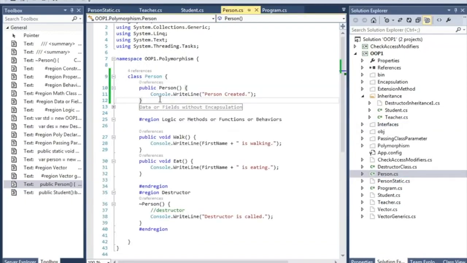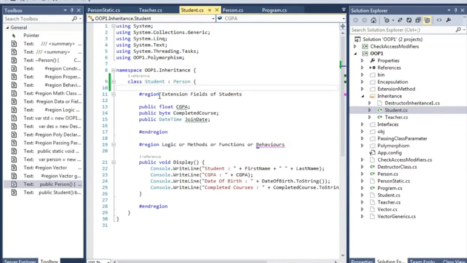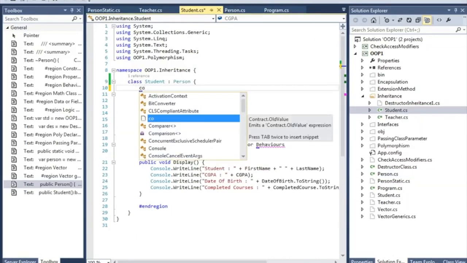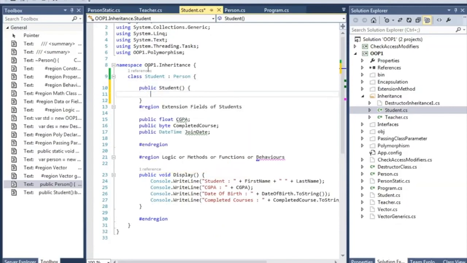Now let's go over to any of the inherited classes and write the constructor. How can you call a base constructor? It's really easy. Write base, and that's it. A base constructor will be called.